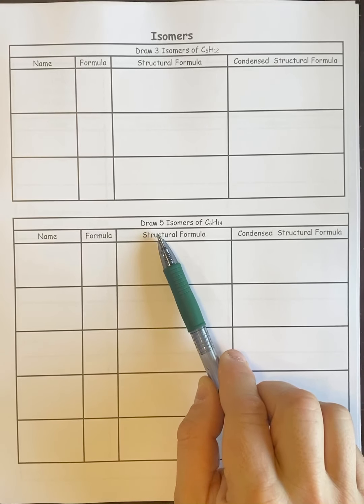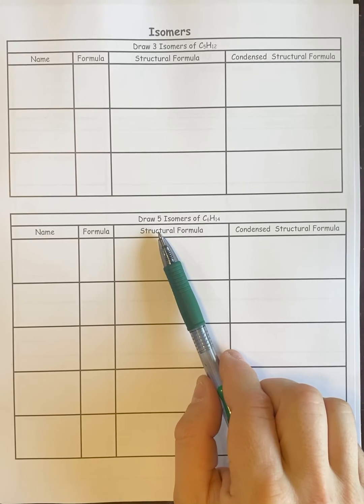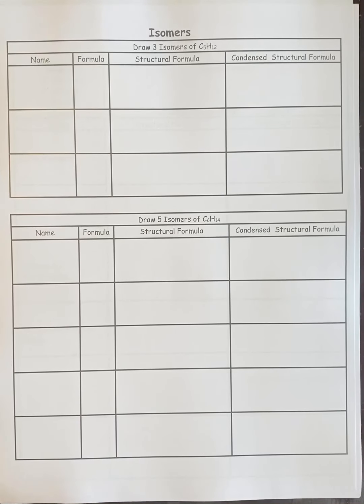Now we're going to move on to the isomers. So I'm not going to do the isomers with you. If you go back to your notes on drawing isomers, I think I actually do the 5 isomer one in your notes. So look that up, use it as an example, and do the 3 isomer one, or draw 3 isomers of C5H12. I do one of these in your notes. So you're going to just do those in your notes,